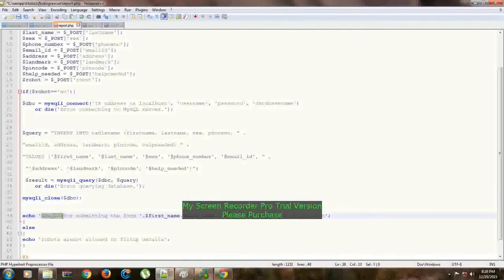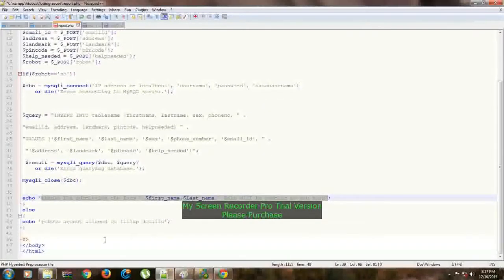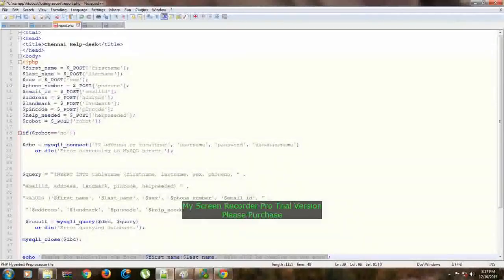It says, thanks for submitting the form, and shows the name, right? Help will be coming to you soon. This is the one which will be displayed to the browser as soon as the user hits the submit button, right?